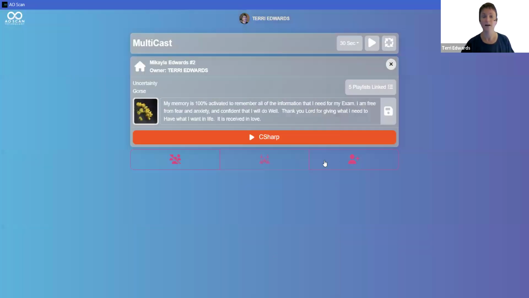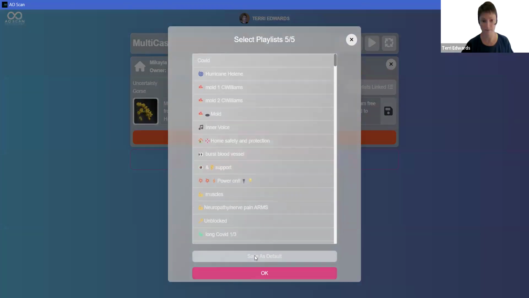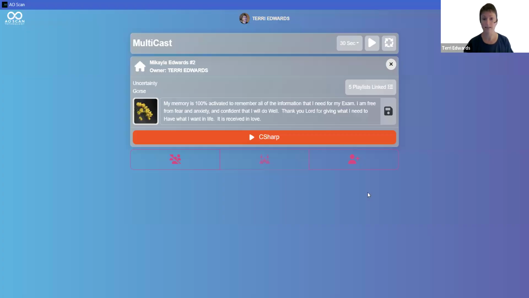Okay. All right, so now you can create this again. You can add other people to it, but this will be created for her. And you also want to make sure you come over here and hit save. I need to make sure I hit save as default on this as well. So now anytime I go in there,